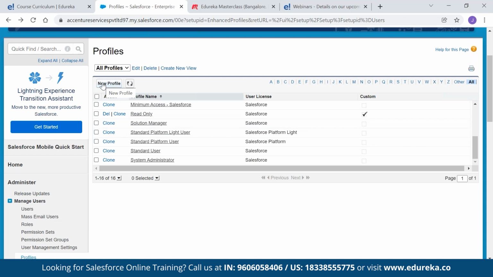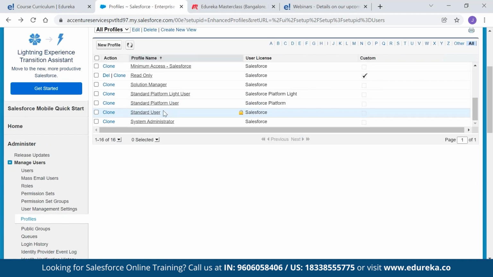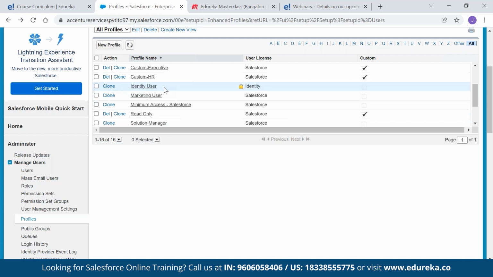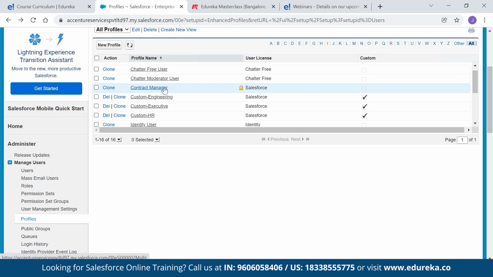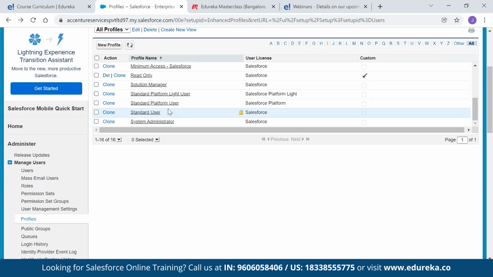By default, the standard profiles are read only, standard user, marketing user, contract manager, and system administrator. These are the standard profiles.